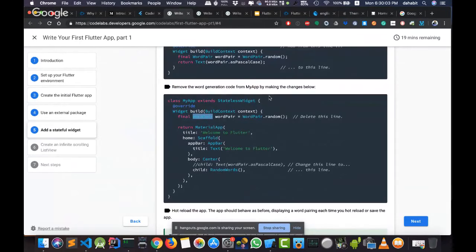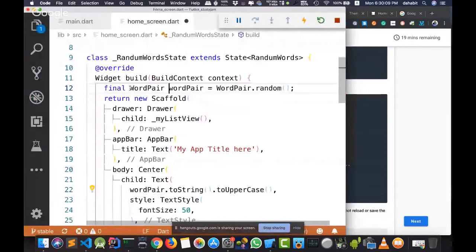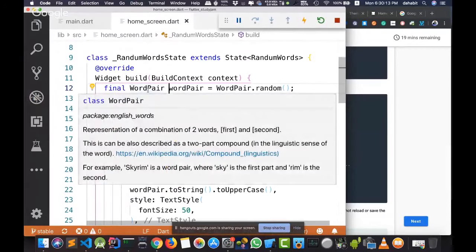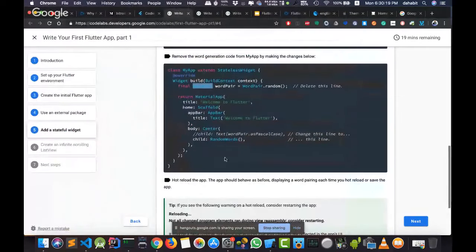And here, maybe the practice that I was writing, if I came back to word pair, I said I need this word pair variable to be of type WordPair class or WordPair object, and we already finished that.